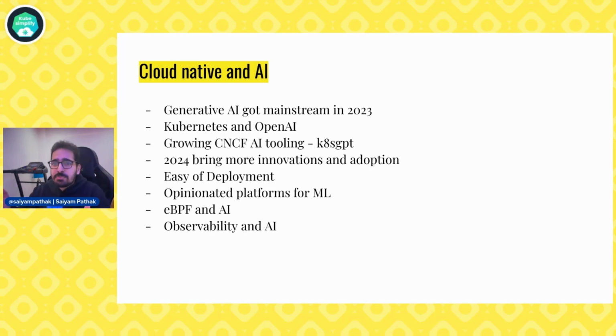So we'll be having an end-to-end platform where from the developing, training and deploying and whatsoever is there involved in the pipeline for the end result, we'll have the opinionated platform for this. We'll also see GPU sharing, how GPU sharing works, more and more slicing of it, more availability with smaller providers, more interesting services from smaller provider in the machine learning AI space. We'll also see eBPF and AI, some stuff going around in this. We also see more and more observability startups, including AI to auto detect and auto fix some of the fixes with respect to Kubernetes, because cloud native is what we are talking about today.